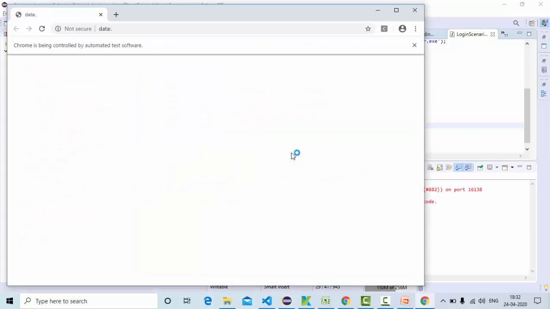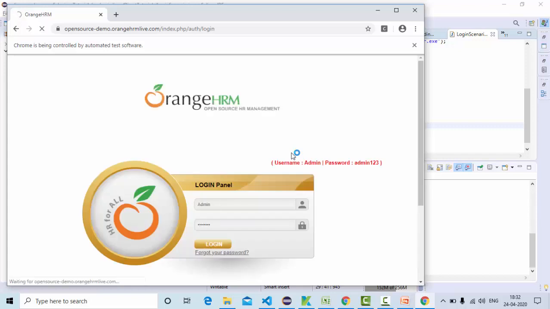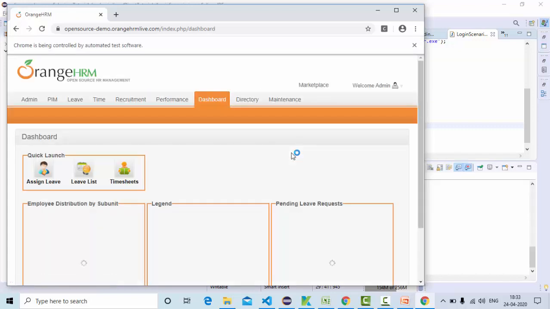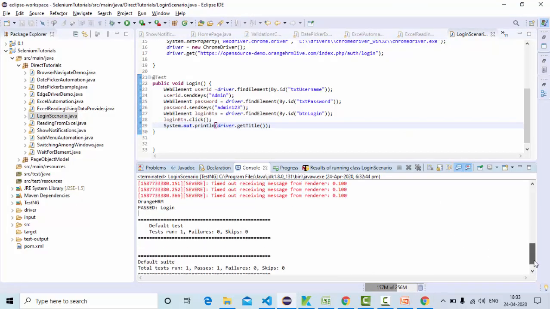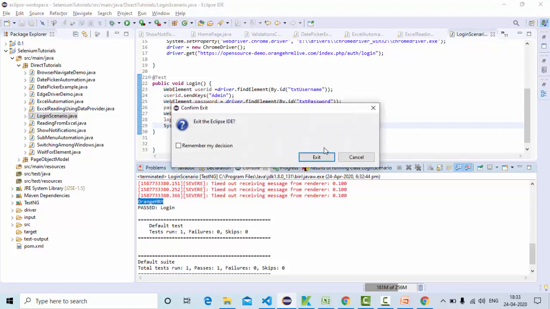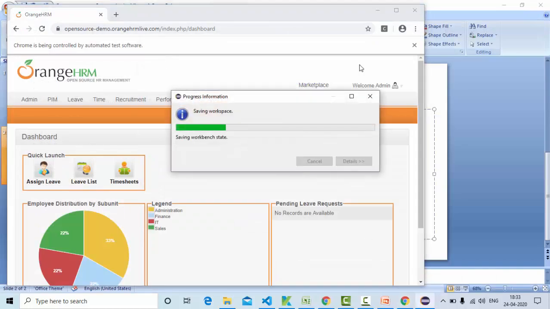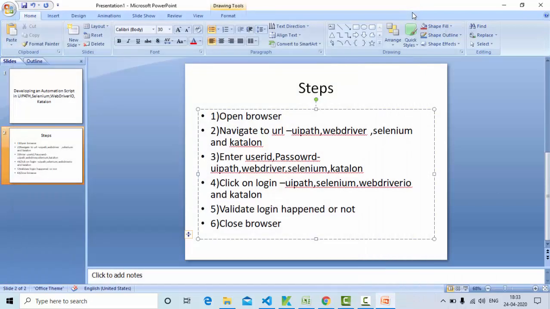Now you can see it started loading. We got into the user ID, password, clicked on the login, then came here, then it ran successfully. Now you can see it passed. Now you can see the title as OrangeHRM. So with this title I can say it is loaded properly. So I can close this. So everywhere you go, guys, the